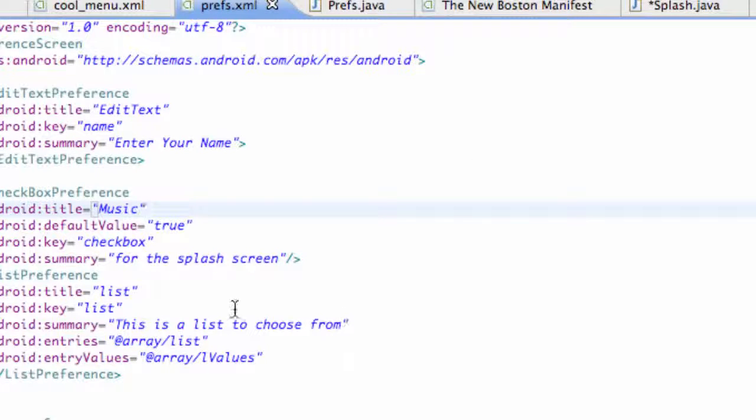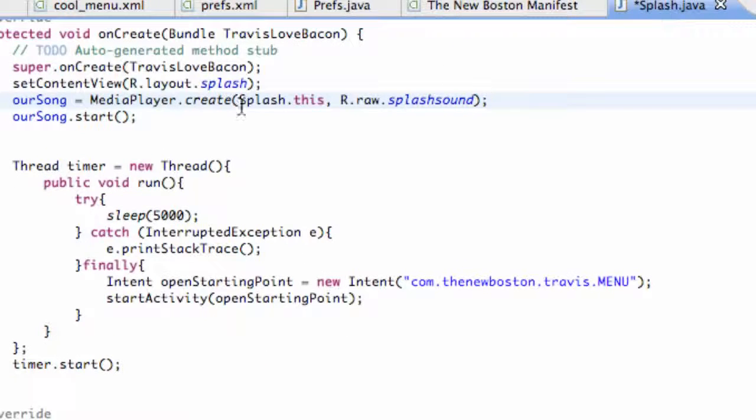And what we're going to do in this tutorial is basically access at least our checkbox preference within one of our classes, which will be our splash activity. So what I did is I just changed the title to music and the summary that says for the splash screen. So what we're going to do now is basically go into our splash activity that we have set up